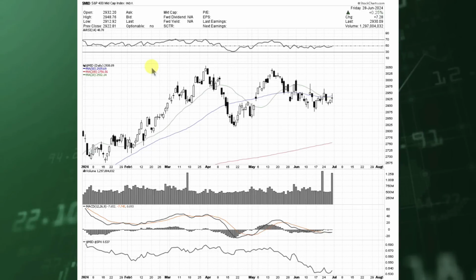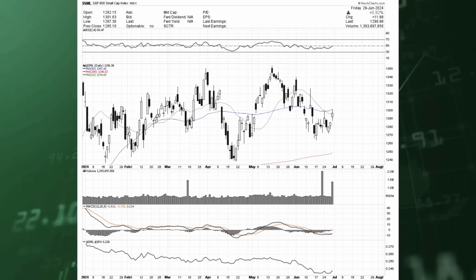which brings me to what can be potential opportunities in the market. I think that maybe mid-cap stocks may be a place to look. So I'm looking over here at MID, which is the S&P 400, the mid-cap index, and I'll just go over some ETFs too, and you could do your research as well. But some people want tradable products. As you can see here, it is getting very tight from a mid-cap perspective, and the 30-50 is right here. So to see if we break out and recapture the 50-day, I think that opens the door to come and try to retest and move higher here. Now, if it starts breaking down, obviously we need to be aware of that and watch out,